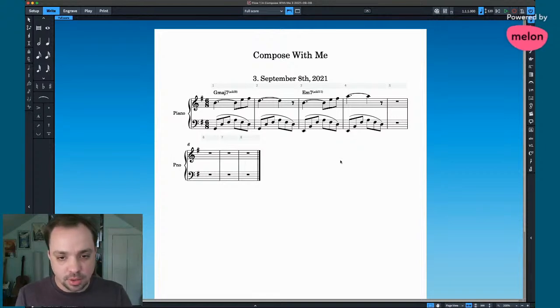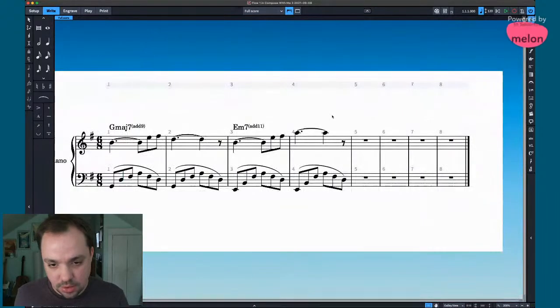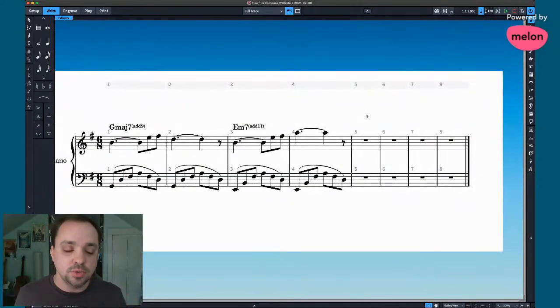Yeah, that's a pretty good start. And then what we want to do for the next 4 bars here, so you can switch over to gallery view. What we want to do for the next 4 bars is some sort of continuation, which is like a forward movement, getting us going somewhere towards a cadence.